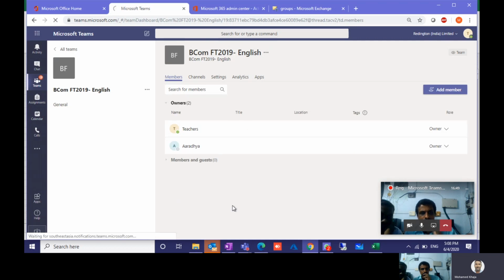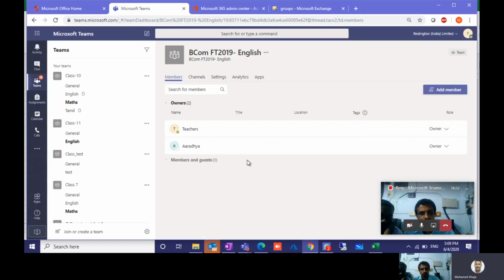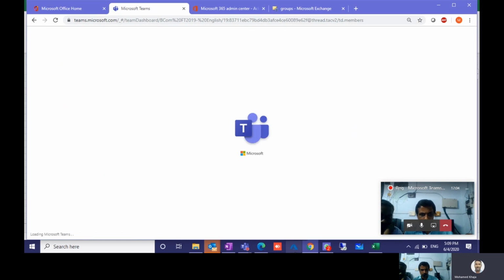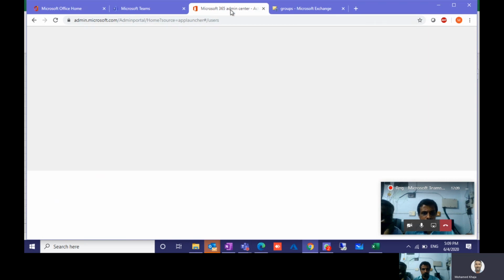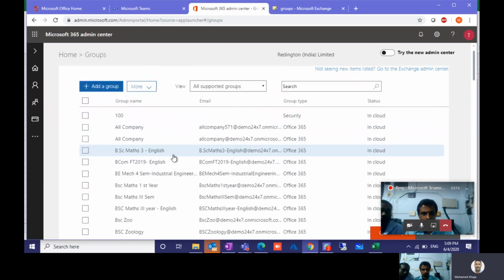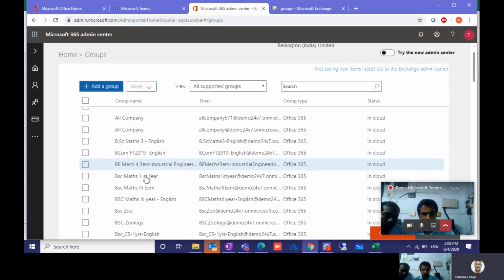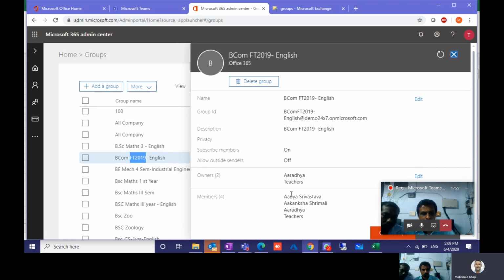You can also see in the admin center that all the users have been added.